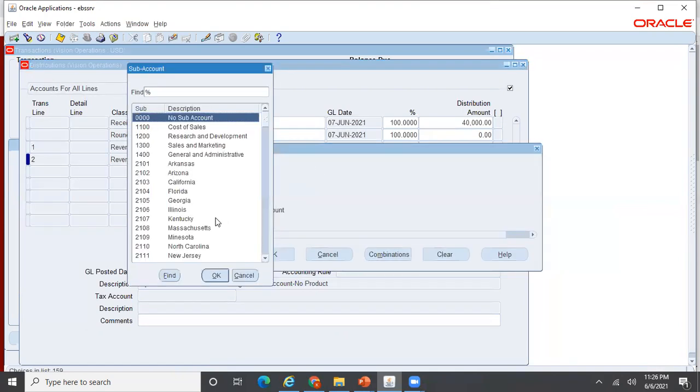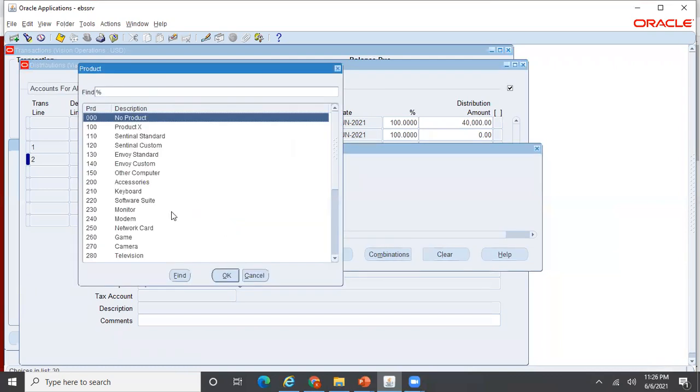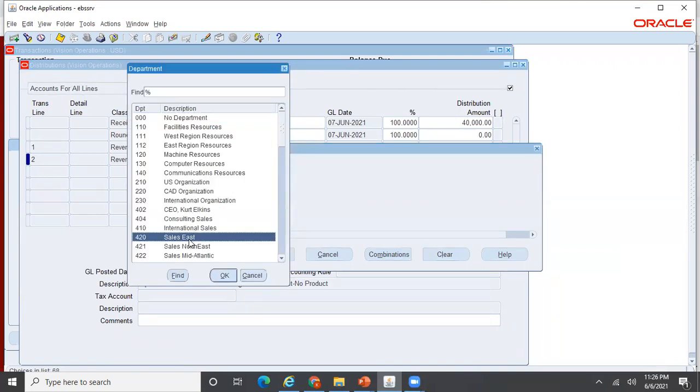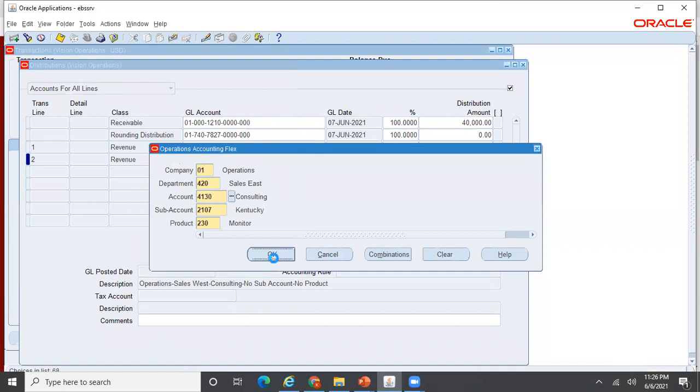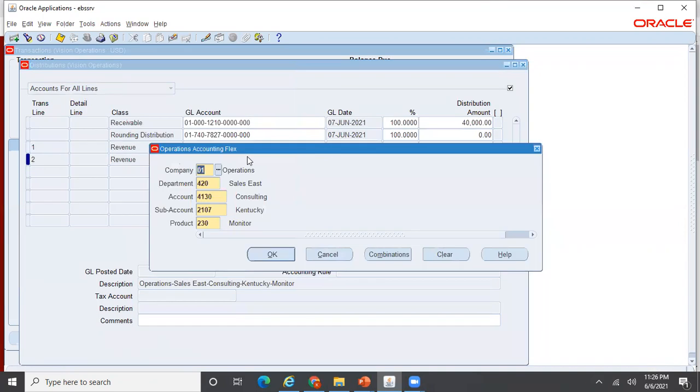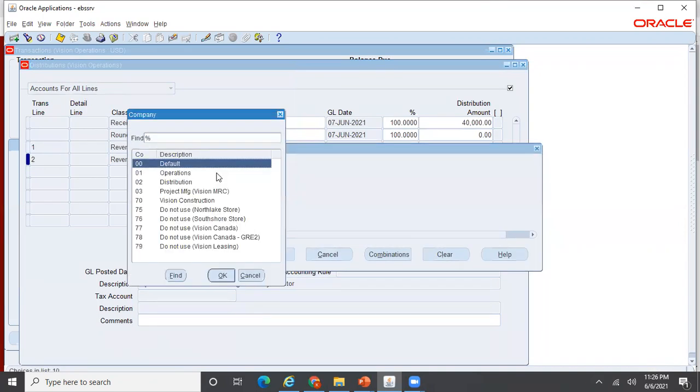So let me change the sub account to say Kentucky, product to monitor, and then department to maybe sales east. Okay, let me also change the company code.